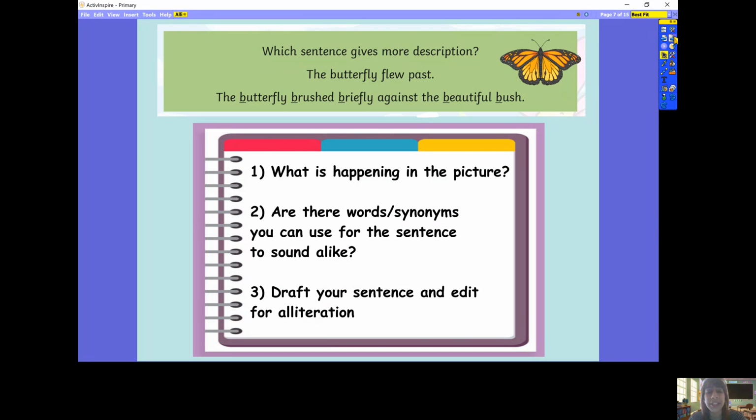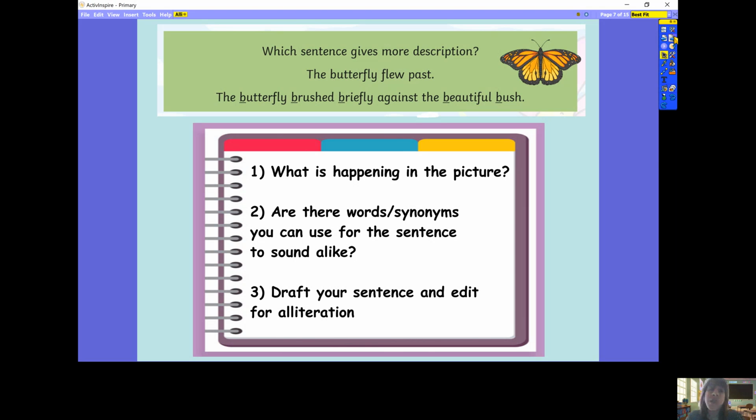Okay, so I've got another little description for you here of a butterfly. I want you to listen to me read both sentences and think about which gives more description and why. First, the butterfly flew past. Secondly, the butterfly brushed briefly against the beautiful bush. So hopefully you noticed that the second sentence had more description and also used alliteration with the b sound, which